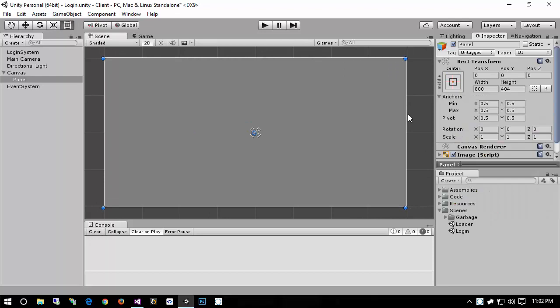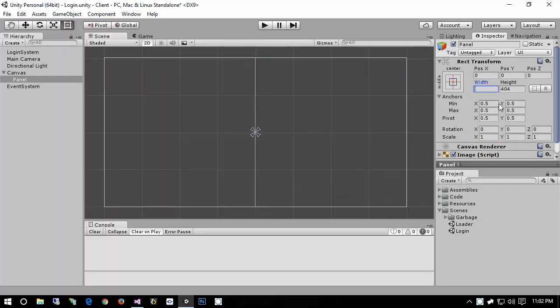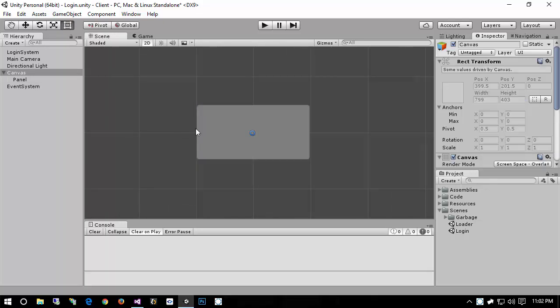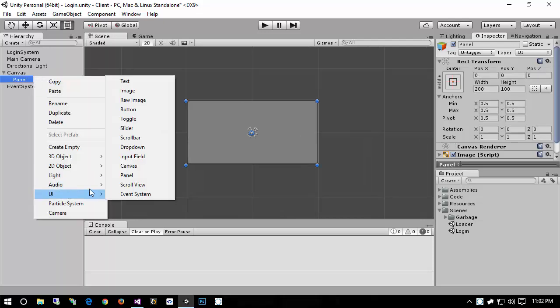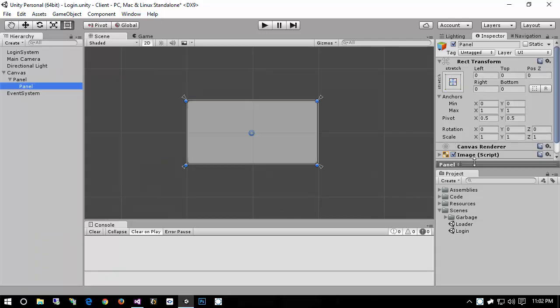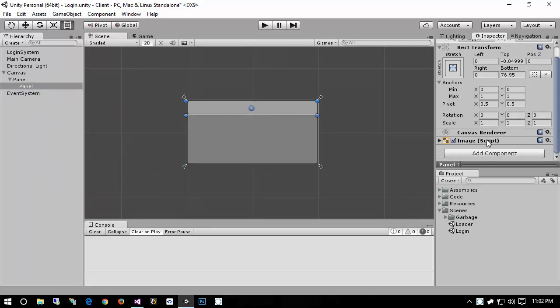And then I'll drag our edges in a little bit, or just maybe give it a width of 200, which is fine, and a height of whatever, because we're going to have this automatically expand as we add items to it. So inside the panel, we will create another panel, and this panel will be up here, and we can go ahead and give it a